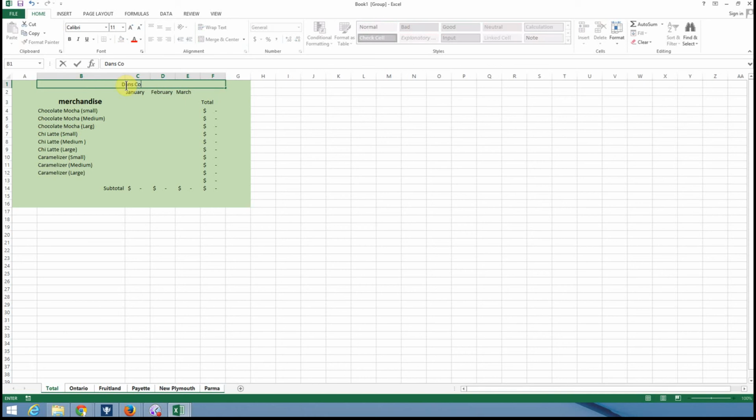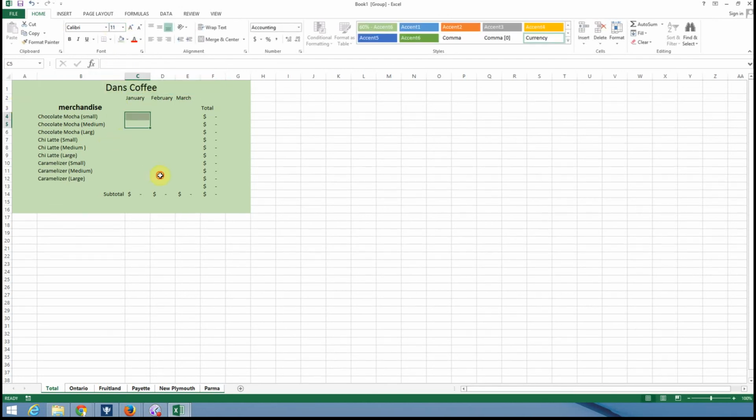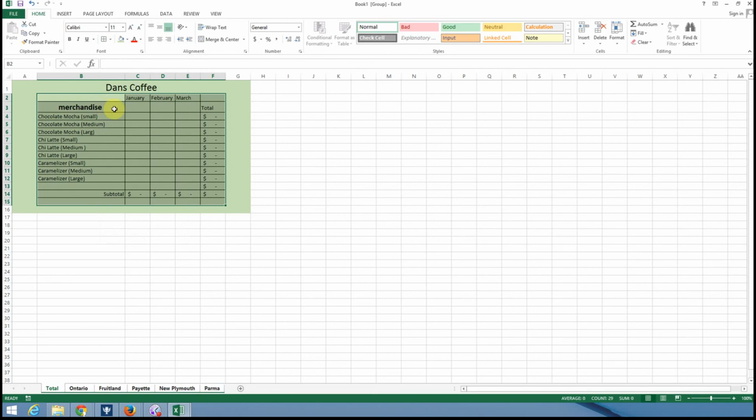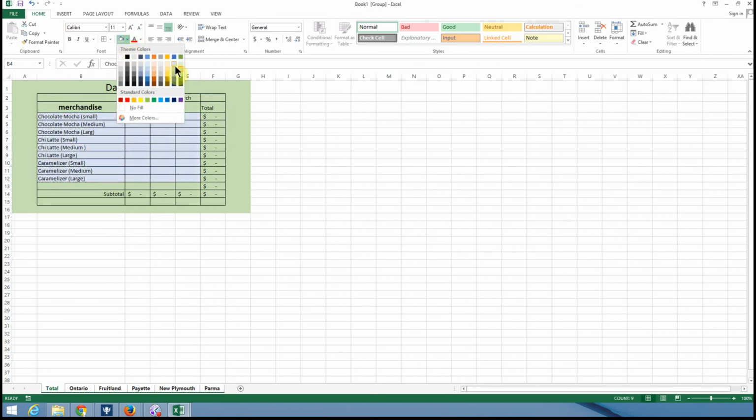Dan's Coffee. Okay. And the formatting for uppercase letters just doesn't always seem to follow through, but we'll see what happens in there anyways. Okay, so now we've got that. The last thing I want to do really quick is then add in some grid lines and fill in this area right here with a different color. Something super simple. Now, okay, so at this point each tab should look the same now, and